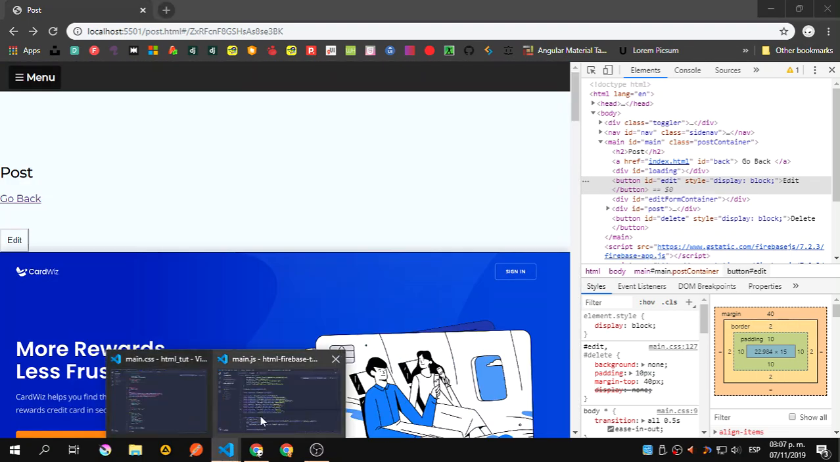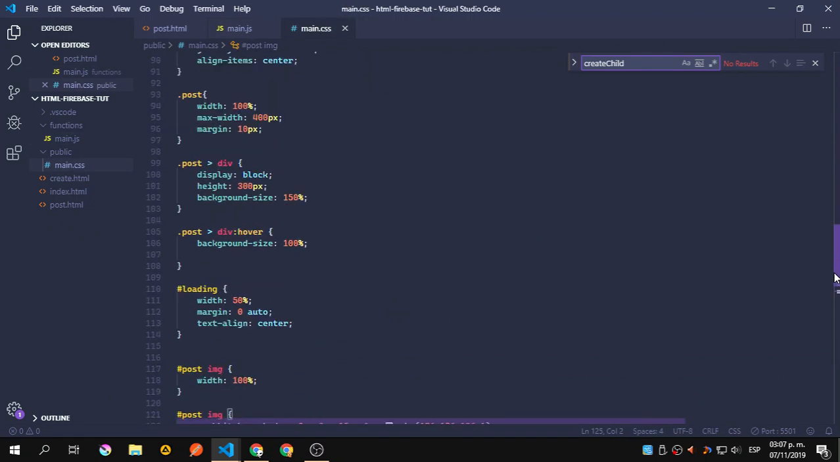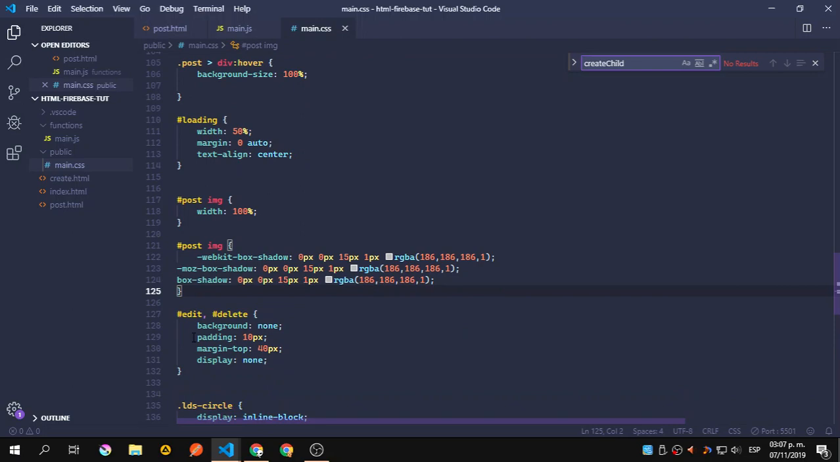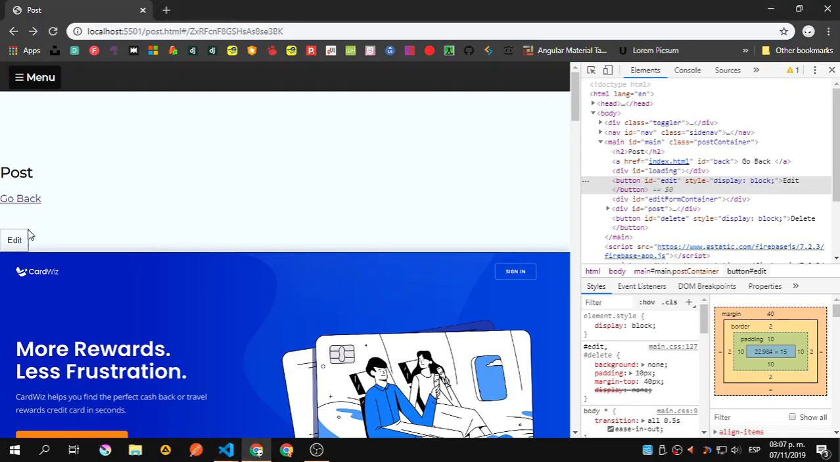And as I said, we need to set first the display of those two buttons as none so they don't appear, and after we receive the post they are going to be displayed. Okay,